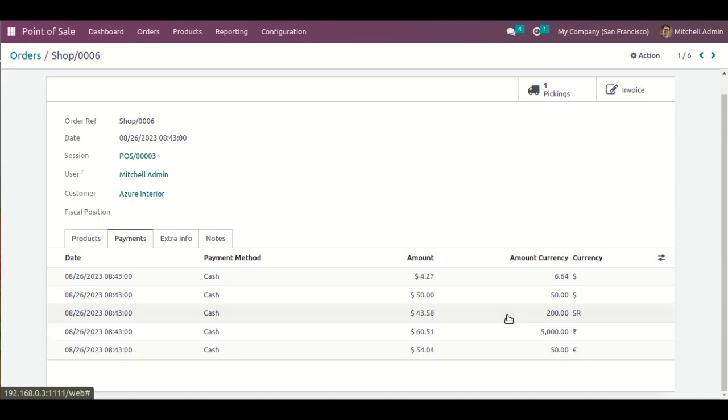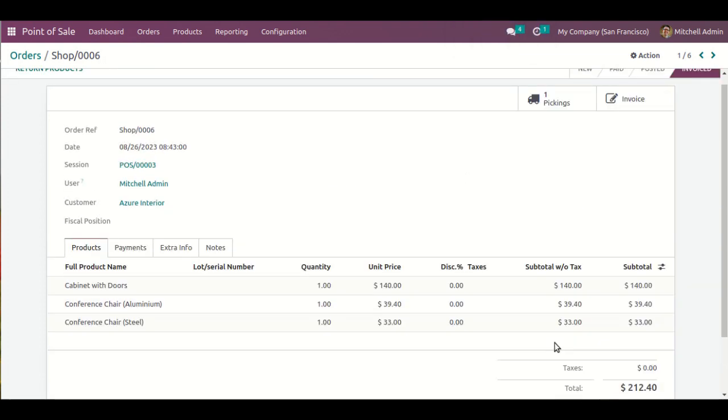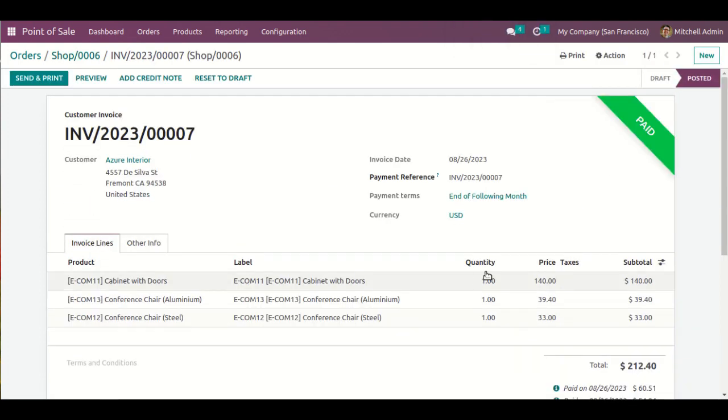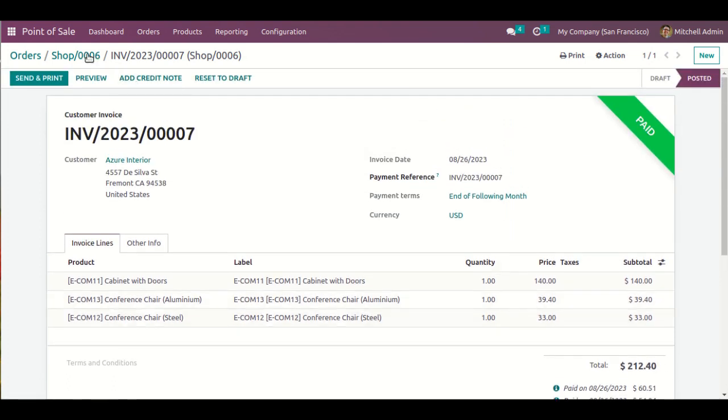You will be able to see all the payment summary over here with the related date, and this is also a currency summary given on the point of sale order. Okay, this is the sales order, and when I go to the invoice, the system will show me this amount, on which date it is paid, and it will also automatically convert to the main activated currency amount over here and give me this total figure accordingly when a point of sale invoice is generated in the system.